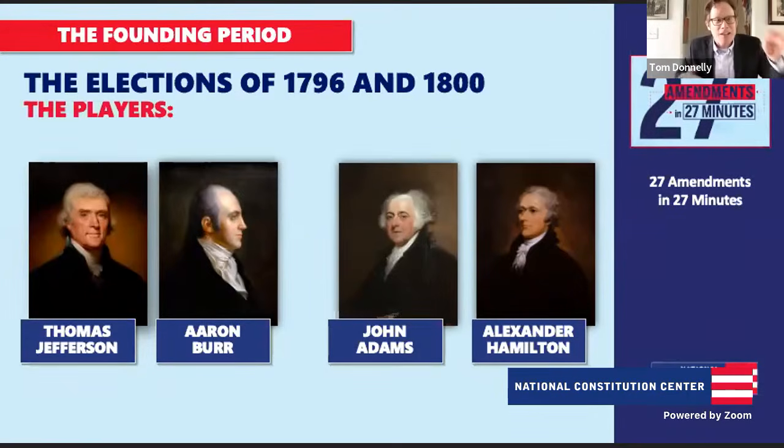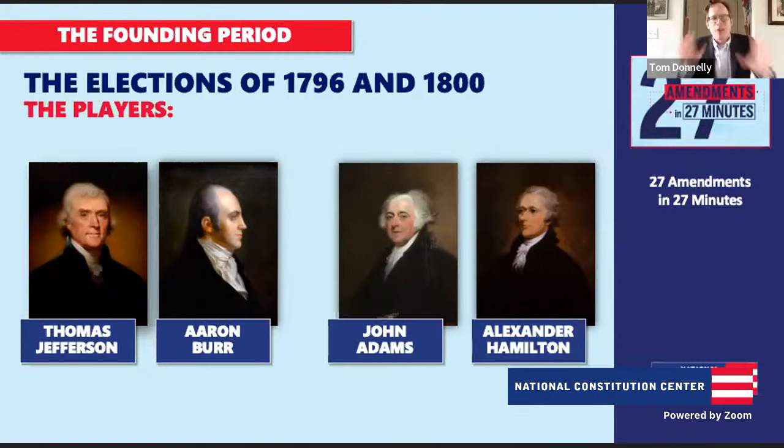But then on the flip side, Thomas Jefferson runs again against John Adams 4 years later in the election of 1800. This time, Thomas Jefferson defeats John Adams, but because the Electoral College gave each elector 2 votes, Thomas Jefferson actually tied his running mate, Aaron Burr. And so the Electoral College itself didn't settle the election. Aaron Burr, rather than standing aside for Thomas Jefferson, who everyone knew was heading the ticket, said, hey, under the rules, I can win. And so the election goes to the House of Representatives. There are like tons of ballots around it.